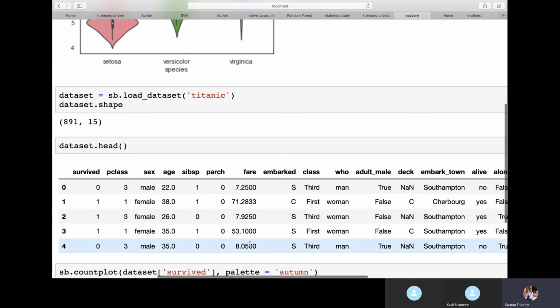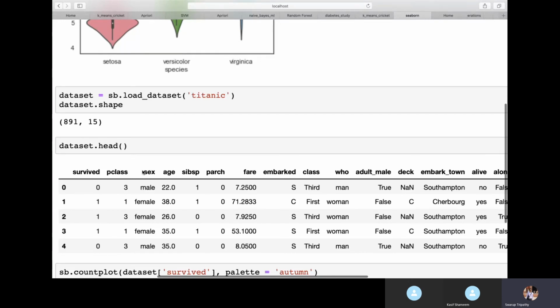First one is Pclass. Pclass tells you the passenger class. In Titanic there were 3 classes, class 1, class 2, class 3. Poor people will be in class 3, rich people will be in class 1. So this Pclass tells you in which class that particular person was. It says the first person was in class 3, the second person was in class 1, like that.